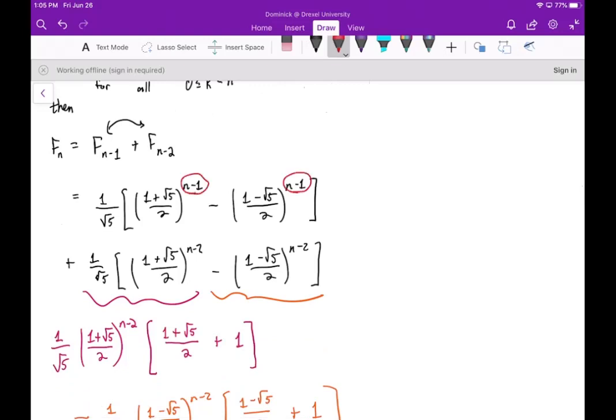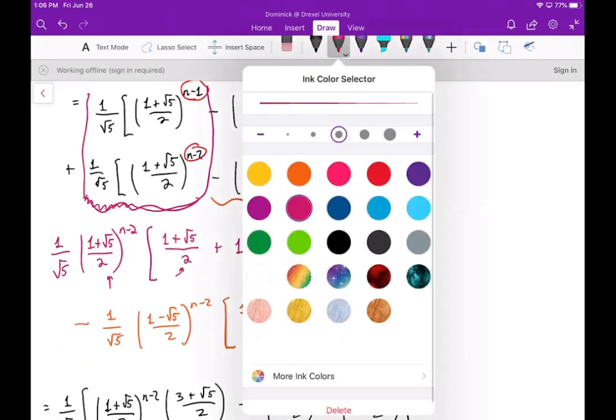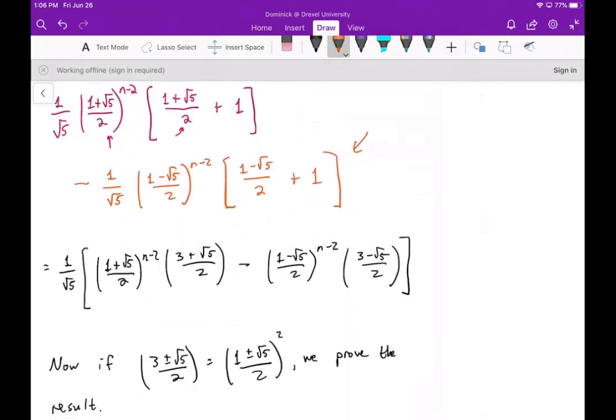And of course, the only thing that's going to differ between these is these two powers. Now, if we combine like terms, right? If I look at these two terms here, I can factor out the (1 plus square root of 5 over 2) to the n minus 2. And then what I'll have left over is still 1 left and then plus 1. And then a similar trick for the orange part, which is the minus square root of 5 terms. Now, if I combine like terms and simplify the inside of both of these parentheses,